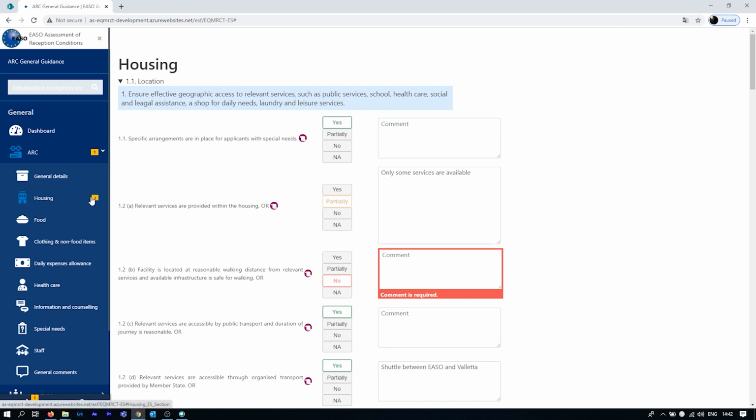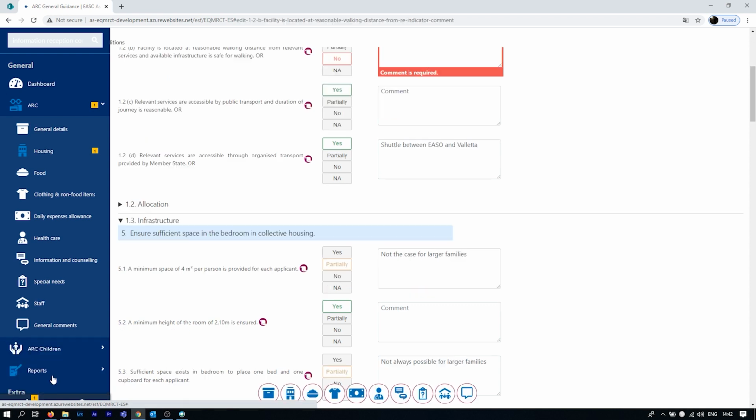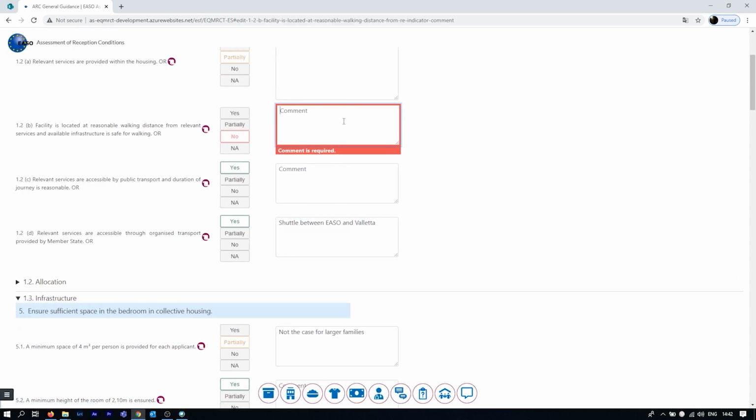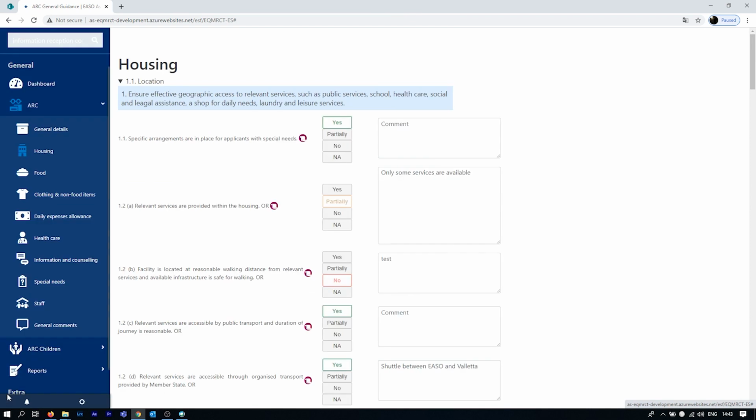A notification will also appear next to the relevant section where an indicator has not been commented on. Clicking on a notification will bring you back to the indicator and allow you to write in your comment. This will ensure that you do not forget anything while avoiding forcing you to comment if you need to be doing something else. Once you comment, the notification will disappear.